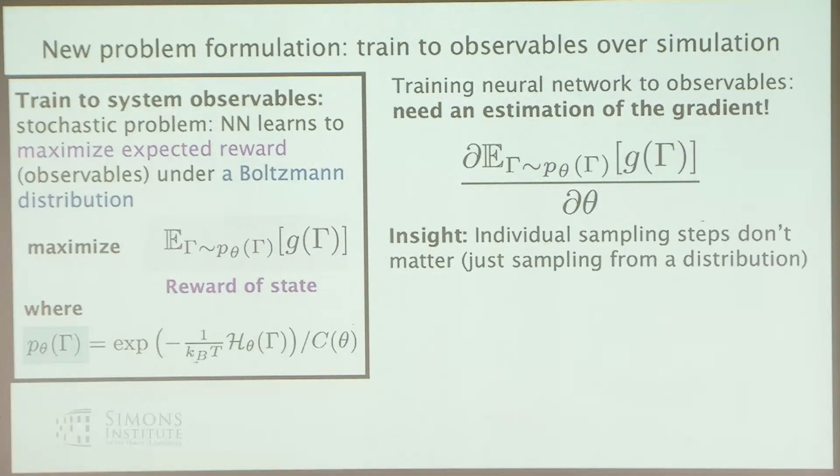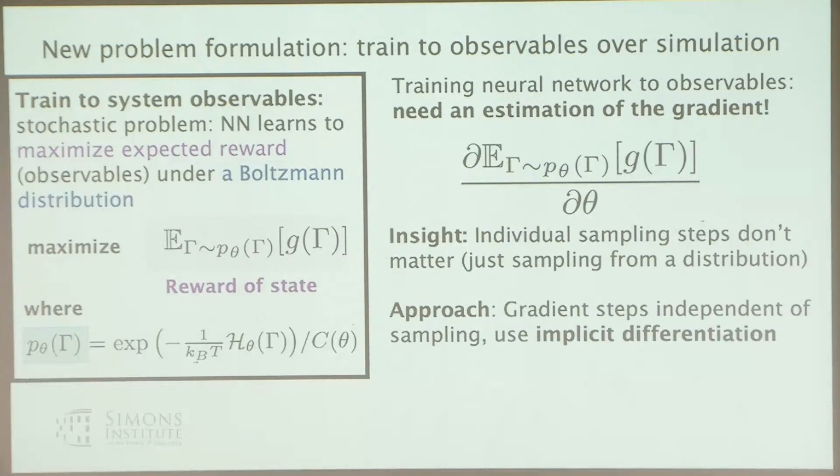One thing that you can use here, and this is going to be one of the general themes of this talk, combining numerical methods with neural networks, is that in this case, the individual sampling steps don't actually matter, because you're sampling from a distribution that you converge to over time. And so because these gradient steps are independent of the sampling, you can formulate this as an implicit differentiation problem. Before, you might have had some y equal to f of x, as the standard output of the neural network. You can reformulate this as having some function g, where g of x comma y is equal to 0. And that's something that you can deal with and differentiate instead.